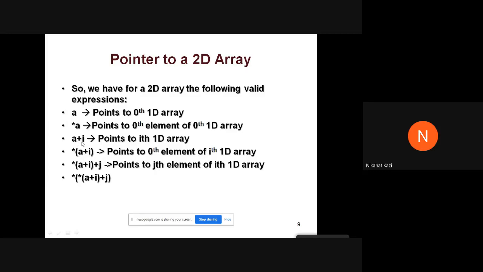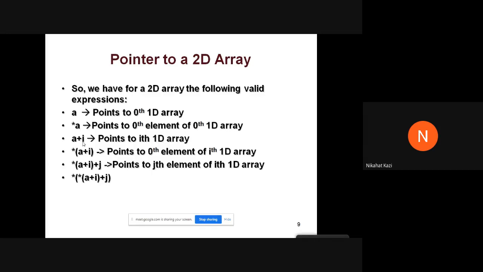When you say A plus I, I will take values 0, 1, 2, 3, and so on. That I is nothing but the row number. When I write A plus I, it is the address of the entire ith row, which is the base address of that ith row.